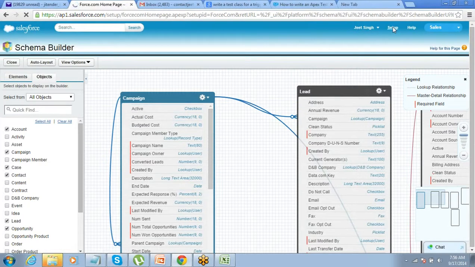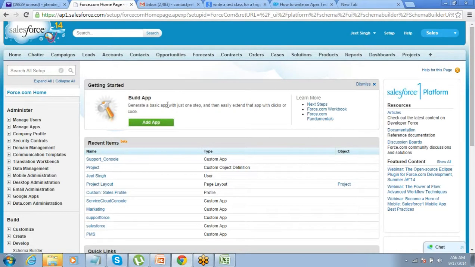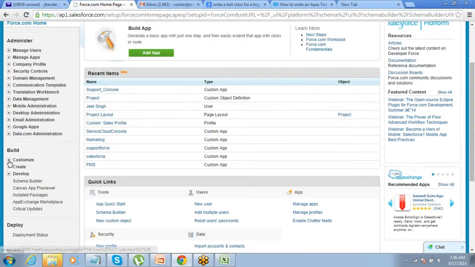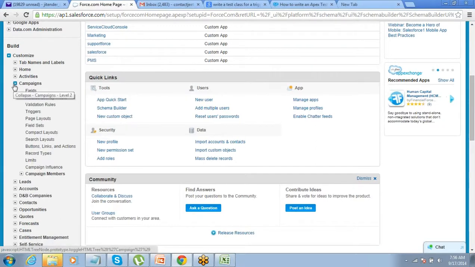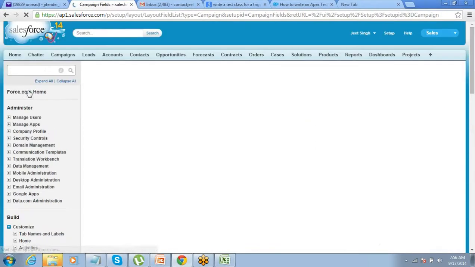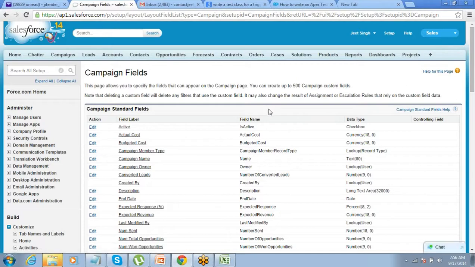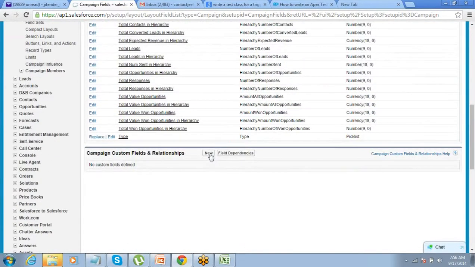I would just need to go to setup, then customize, and then go to campaigns, and then go to fields, and then scroll down a little, you will see the option of new field. So just click on the new field and add it.